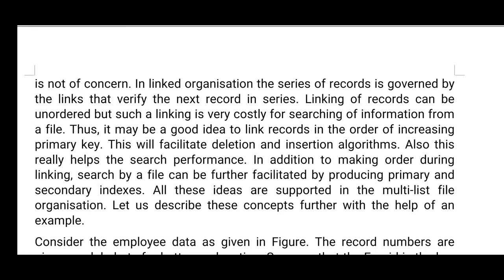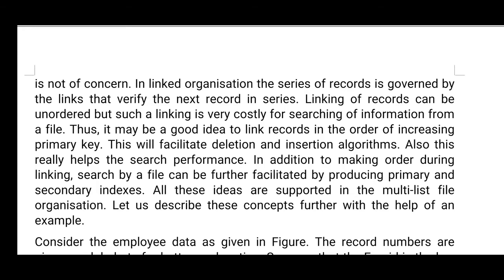In linked organizations, the series of records is governed by the link that identifies the next record in the series.